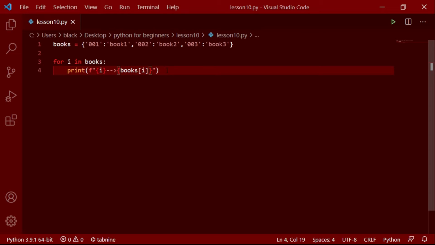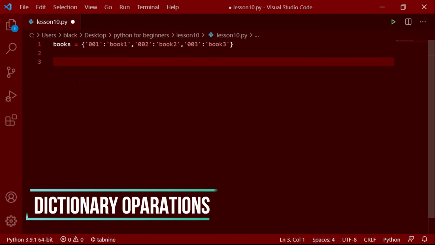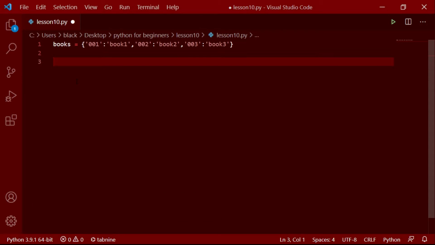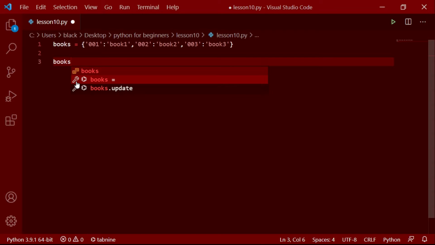Now let's say we want to add a new value to this dictionary. For example, let's say now we have a new key and a value called 005 and book 5. If we want to add that key and value pair into this dictionary, what we have to do is type books, which is the name of the dictionary, then inside square brackets type the key.